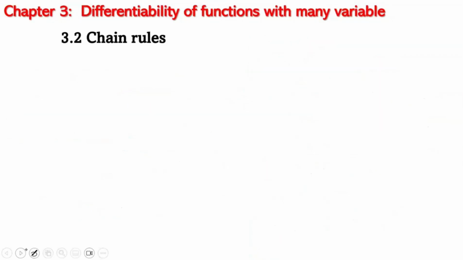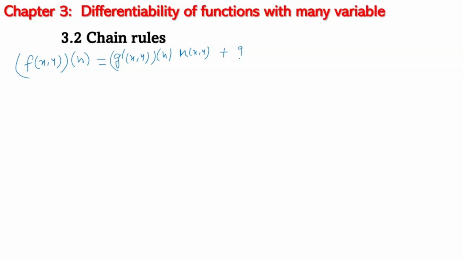The product rule gives f dash (x,y) h equal to g dash (x,y) h times m(x,y) plus g(x,y) times m dash (x,y) h. Therefore g dash (x,y), which we already calculated,